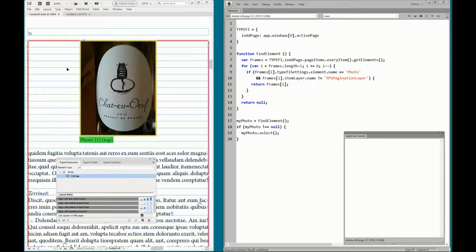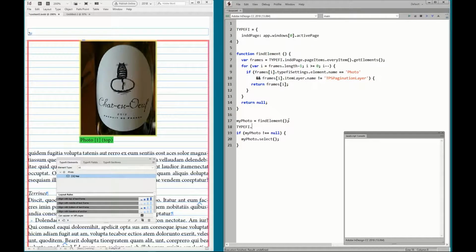Suppose that you wanted to place a mask on a photo, simply by placing a rectangle or a text frame with the same geometric bounds on it. So what we do is we'd say my photo is find element, and if we now say to add an item,